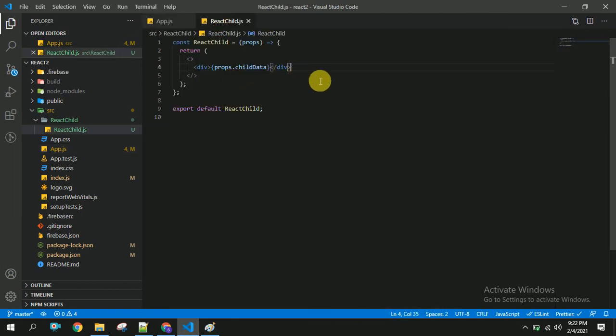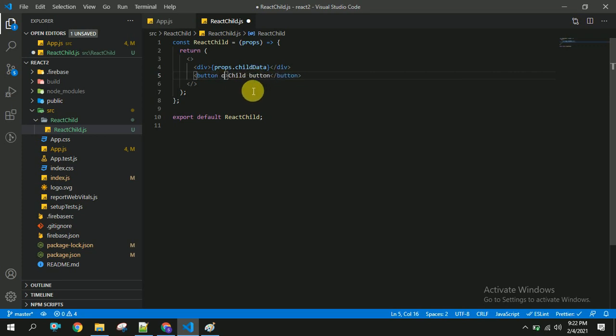I am going to take a button, and once the user clicks on this button, I am naming it as child button.